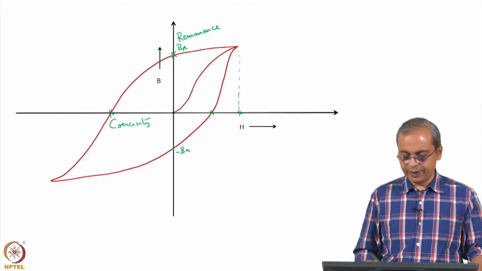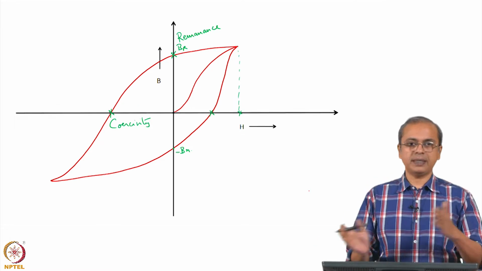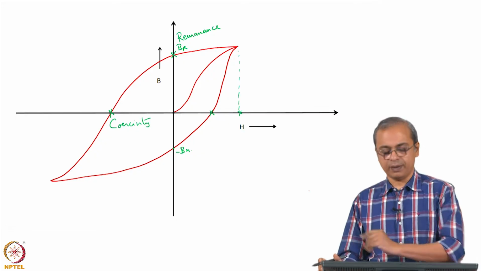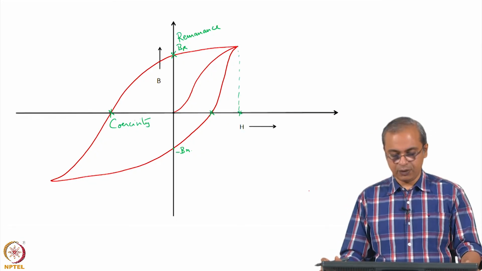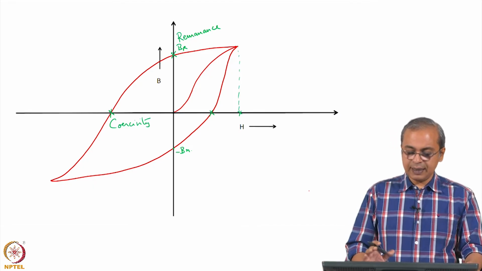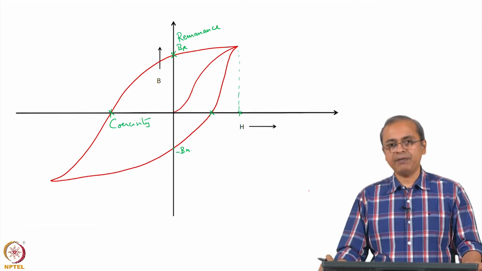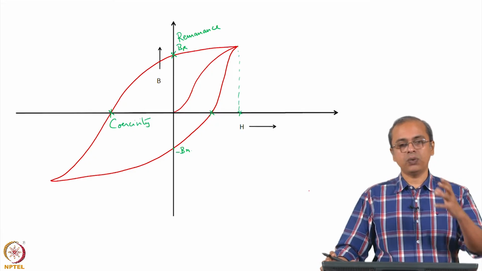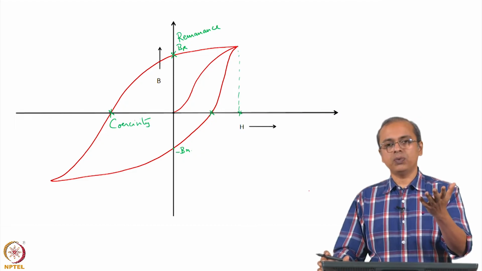So, similarly you have it here, right. So, coercivity you will have, and so accordingly you have to apply the field in the opposite direction to get it to drop to 0, or a positive direction to get it back to 0 if you have remanence in the opposite kind. So, now this means if you are using some magnetic material for an application where you need it to switch on its magnetism, do something for you, and then when you switch off your